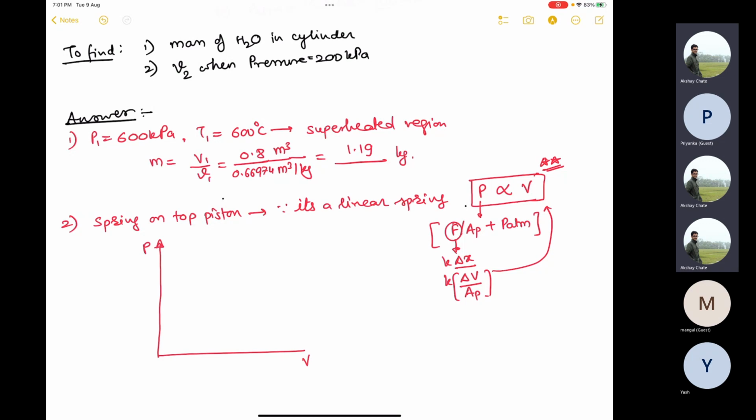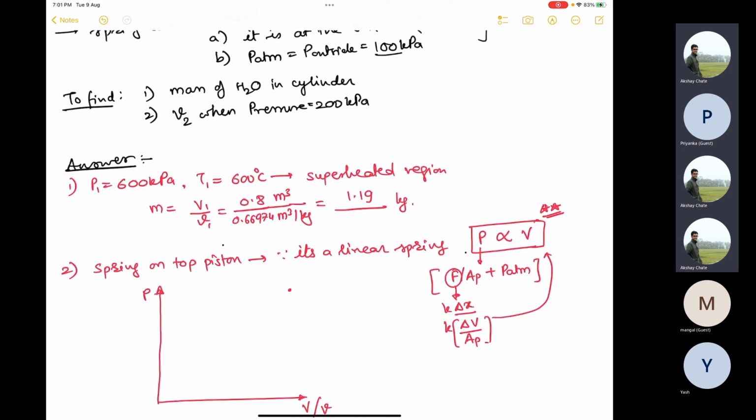This is a PV plot, not a specific volume, but it is a constant mass system. So even if you put specific volume on the x-axis, it is fine. It will be the same only. So now your system is at P equal to 600 kPa, T saturation is, I think, around 160. I just saw, yeah, it is around 159 degrees Celsius. And let's say in the end, if your pressure is 200 kPa, so what my point is, you should